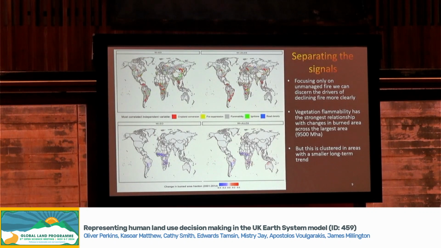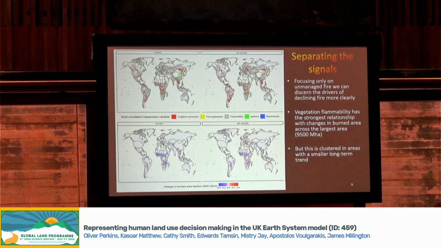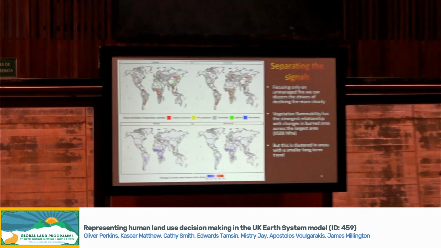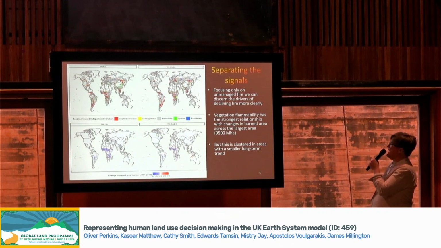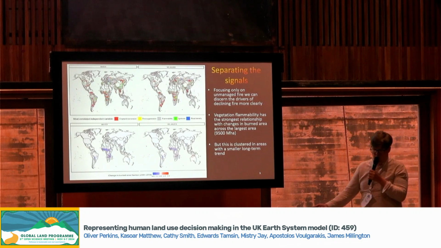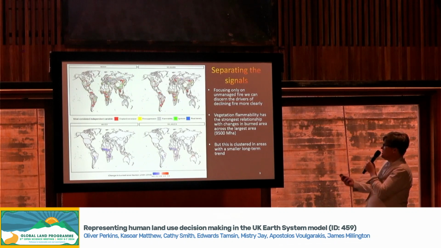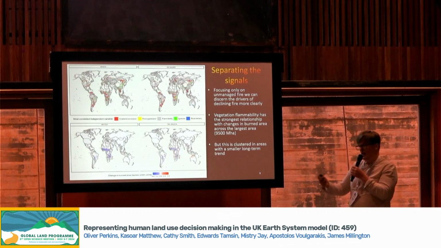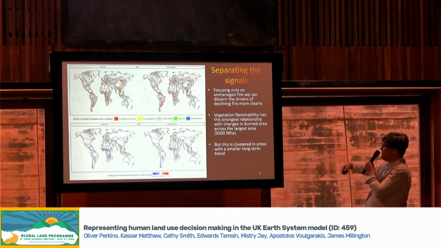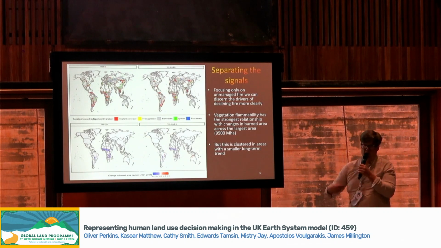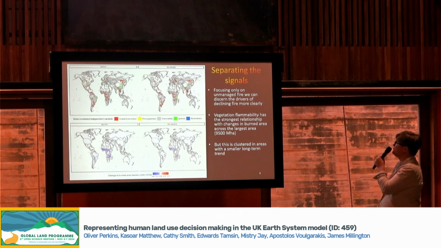Yeah, so another big question in fire science has been declining burned area in the tropics. And so pulling apart these signals again seems to do quite a nice job of explaining this, and we can now reproduce declining burned area in the satellite products. And we can show that it's a function basically of landscape fragmentation, and you've got this very wide correlation with the flammability of vegetation. And then in areas where you've got a large decline in fire, you've got these factors such as cropland conversion and road density expansion playing a bigger role in driving declining burned area.